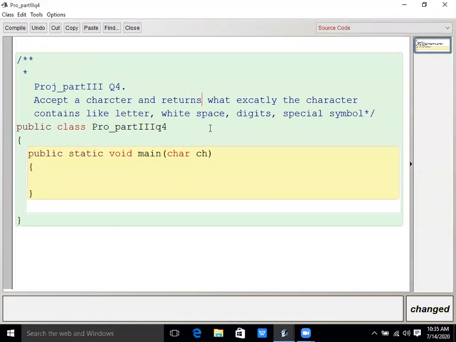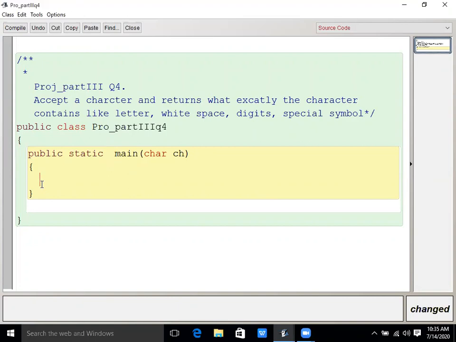Returns what exactly it is. Means this method should return the value, right? So here you cannot write void. Here you have to write the return type, what type of the value it is. Okay, so it returns what exactly it is. So you will let me know what I have to write over here.